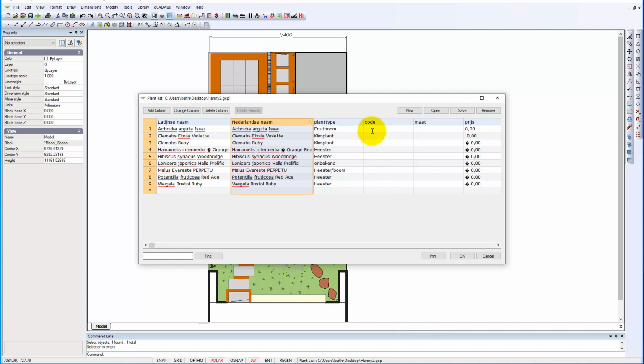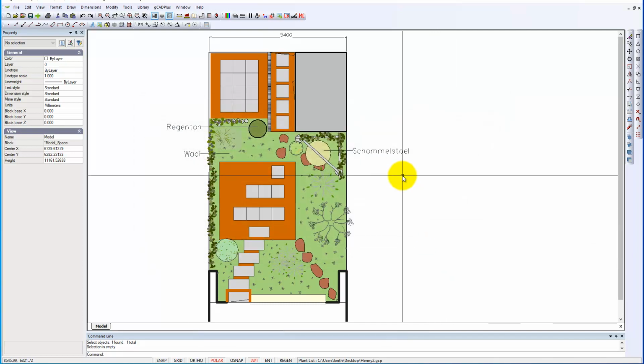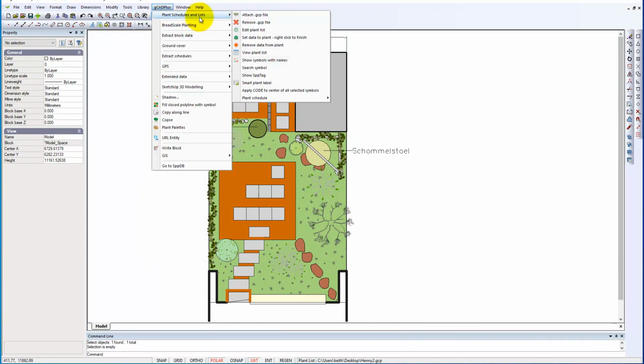We haven't added the code yet, but I'm in the habit of using the first two characters of the generic name followed by the two characters of the species name. So here it would be AC and then AR, and we'll close now. We'll OK that. What we're interested in is using the gCADPlus